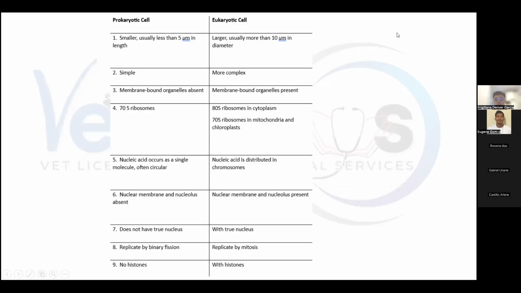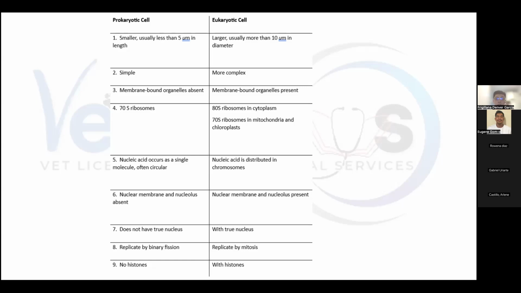So let us classify them as prokaryotic and eukaryotic organisms. So prokaryotic microorganisms, this includes yung bacteria natin. So the main difference between prokaryotic and eukaryotic cells, kapag tinignan nyo sila, would be the presence of membrane-bound organelles. And eukaryotic cells, this includes yung mga fungi natin, algae, protozoa, as well as yung nasa body rin natin na cells. So prokaryotic cells, they are smaller and less complex compared sa mga eukaryotic cells natin.